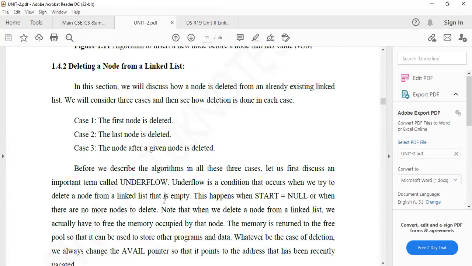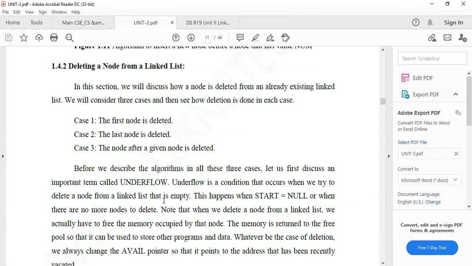If you want to delete a message, first of all, at least the message should be created. Otherwise, the deletion operation is not possible. When the creation is there, then only deletion is possible. Without creation, there is no deletion. Here also the same thing.